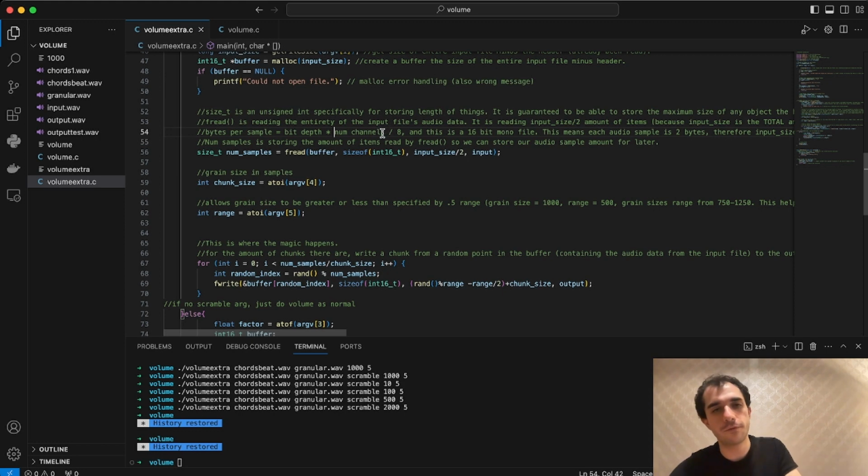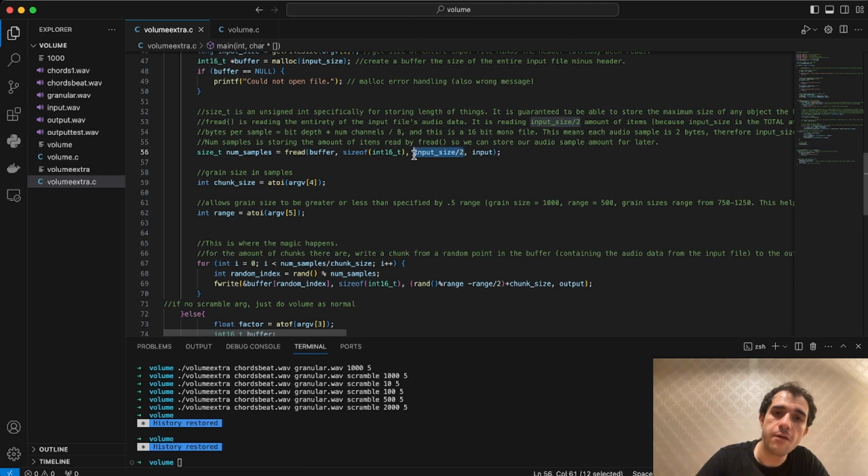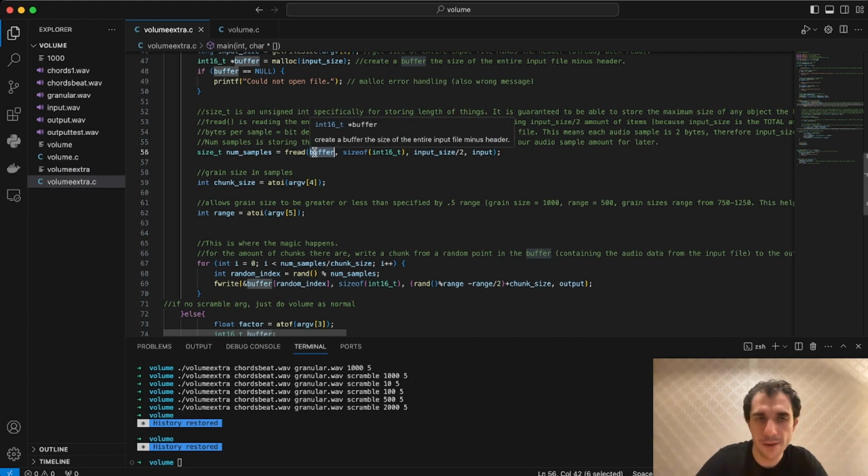Even though our audio file has 2 channels, the number of channels that we're working with here is 1. So it's still 16 divided by 8, giving us 2 bytes per sample. Okay, so we're reading every sample into our buffer. So we're just copying the entire input file into our buffer that we've just allocated all this